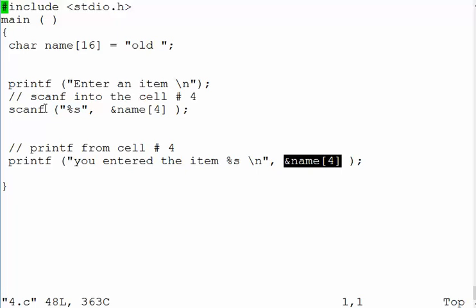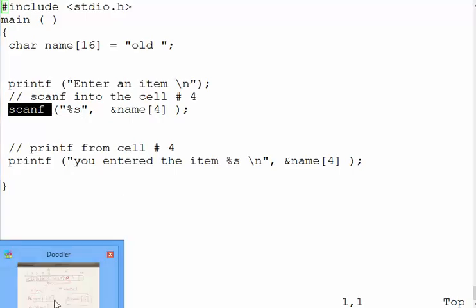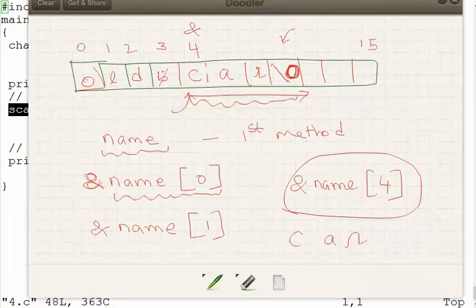So you have to really understand how scanf works. Alright, so this is one aspect of the null character, and you can manipulate the array by passing the address of the cells either to scanf or to printf. Right,